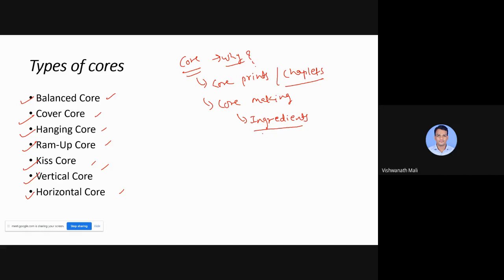So in the ingredients, what are the percentages of the different ingredients? We need to see that depending on the type of material which we are using. Then in the core making process, we have seen the different types of curing process like cold box, hot box, low baking time. There is a deep theory about the curing process: which gases we need to pass, how much temperature we need to maintain, which binder we need to use so that we get the highest strength. This is the theory related to core prints and core making.